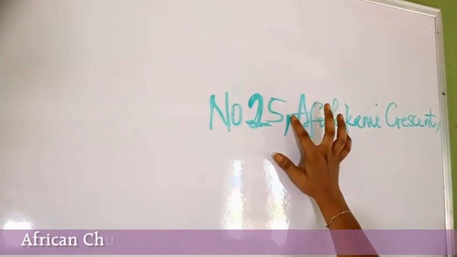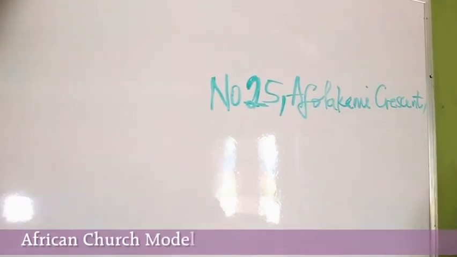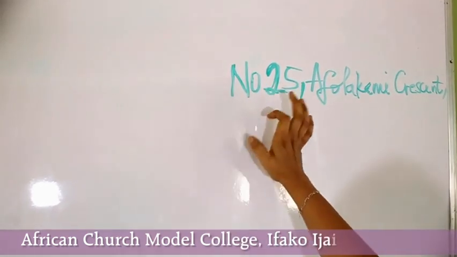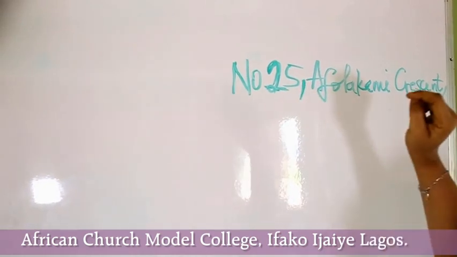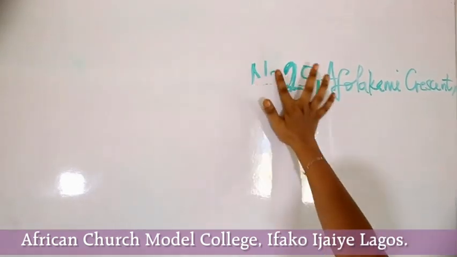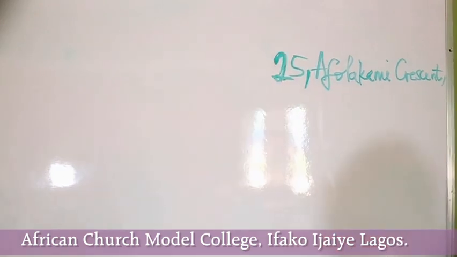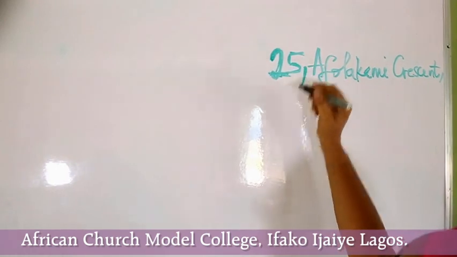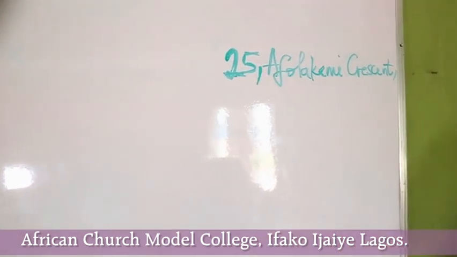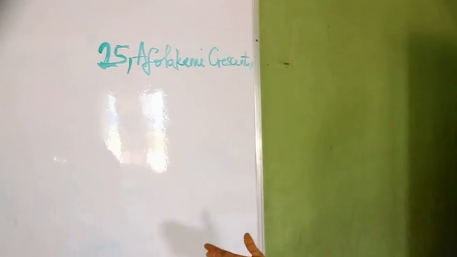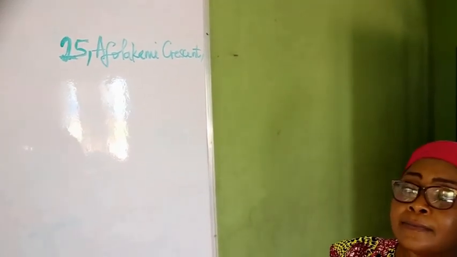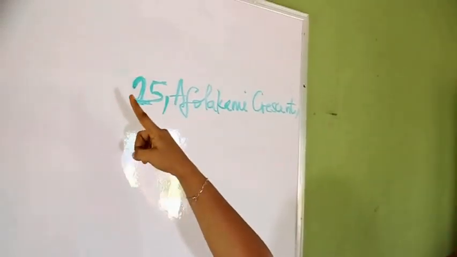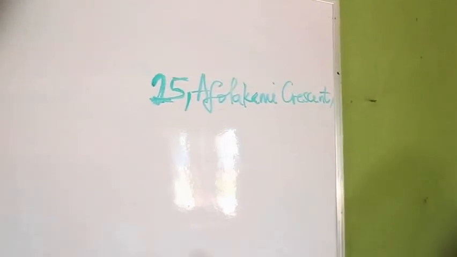It's a wrong format of writing an address. Please, it is absolutely wrong to write NO before the number of your house address. So the approved way is to write the number of your house, if it's 25, if it's 1, if it is 5, it can be 25B, it can be plot 5, 26 Crescent Avenue, whatever it is, but please do not write NO before the number of the house.